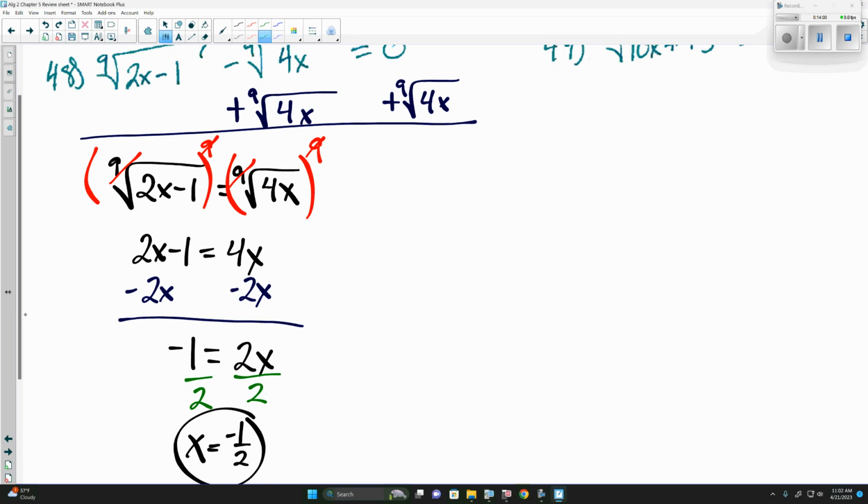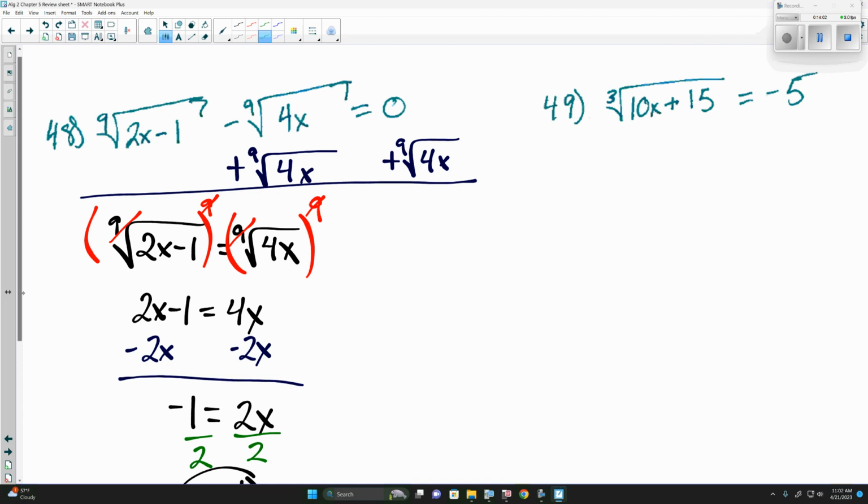Questions on number 49? Because with cubed roots, odd roots, we can actually get a negative to come out of the root. So this actually does have a solution. It's not no solution. Even roots cannot have a negative come out, but odd roots can. So if we're good with 48 and 49,